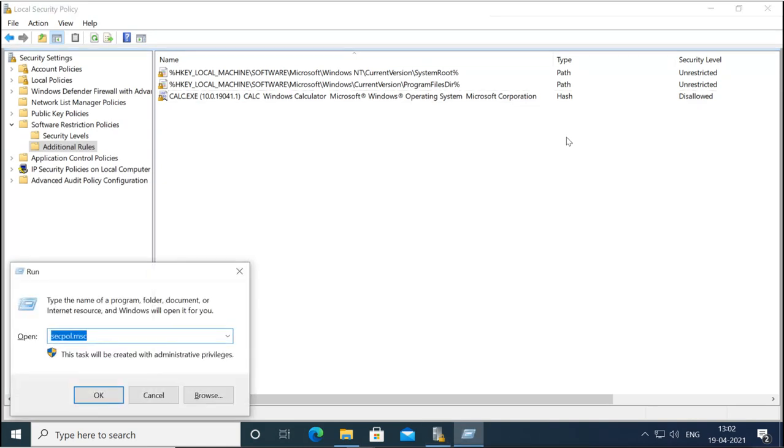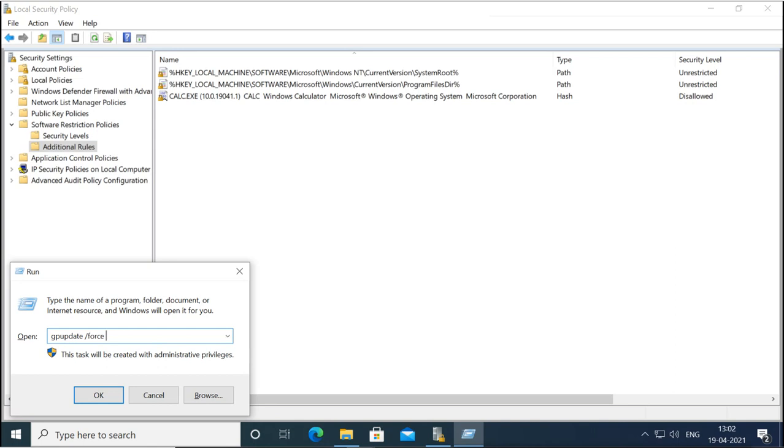For updating the policy forcefully, and not only this policy, any policy you change here in the security settings, if you want to update the policy right now, then you will run the command gpupdate. Whenever you create any policy in group policy, whether it is local or domain, you can update it right now by using gpupdate, and then you can use the force option. The force option will forcefully try to update the policy.